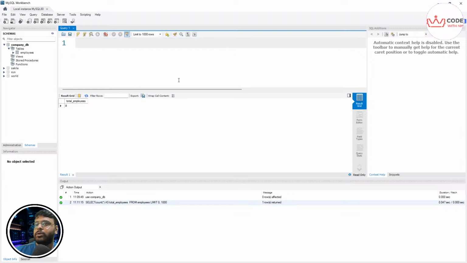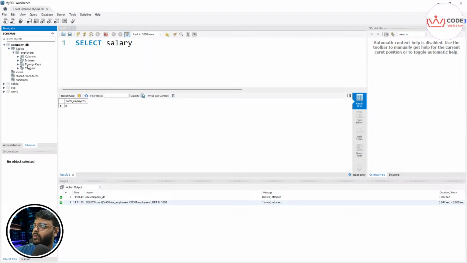The question is total salary expense across the company. We need to find the total salary expense. Okay, so SELECT. Let me write everything in caps. SELECT, and I'm only interested in salary, so we have a salary column. If you are not aware of the data, just do select star from the entire table, which is FROM employees, or else you can expand the employees and see what the column names and data are. If I select this table, you can see below,